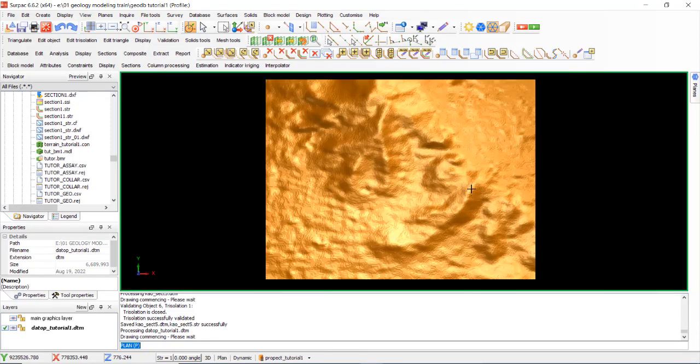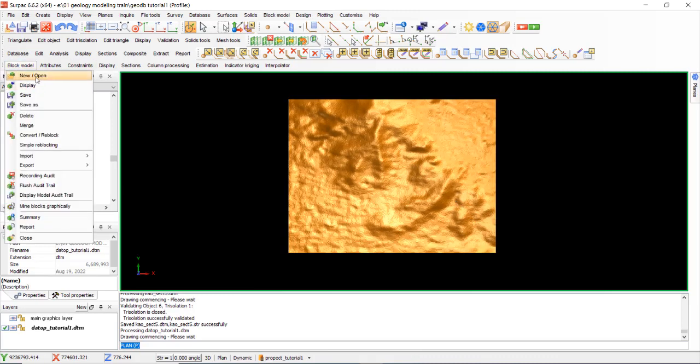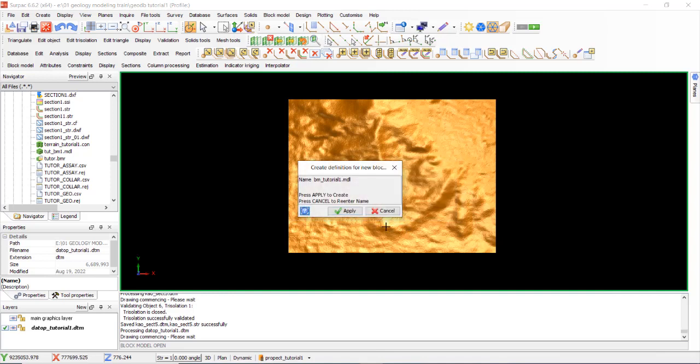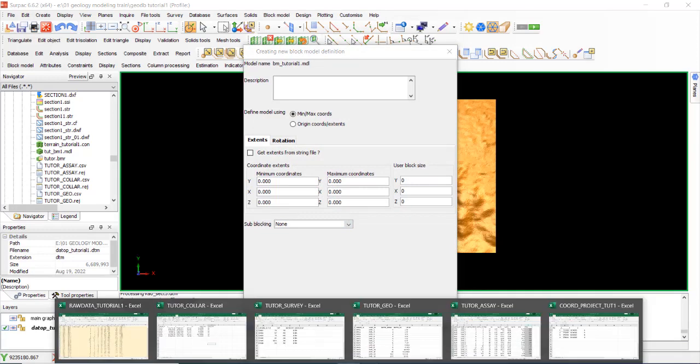Okay, start to create the block model. Select block model, new, type here block model BM tutorial 1, apply. Create. Okay, check for the lowest coordinate.